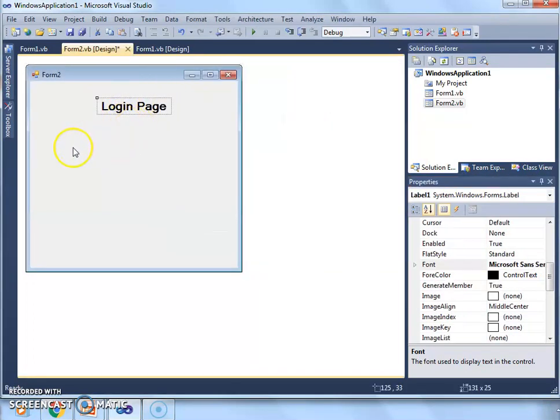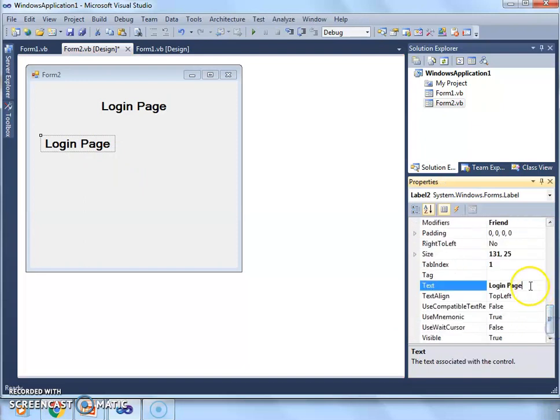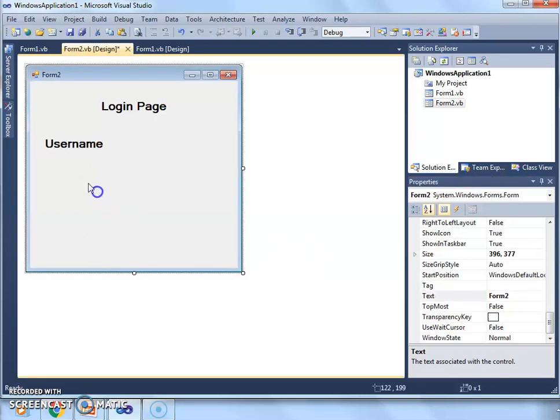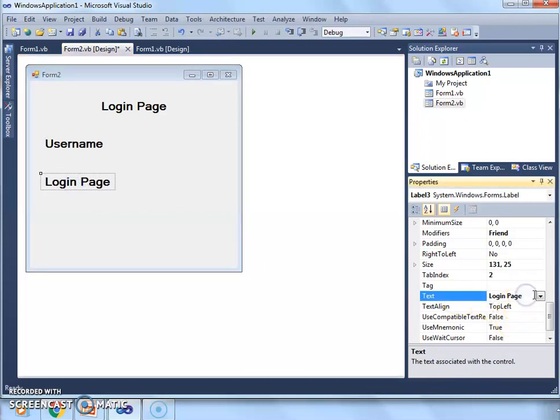Then we copy and paste this control and we write Username in the Text property of the label. Then we copy and paste another one, and we write Password in the Text property of this control.